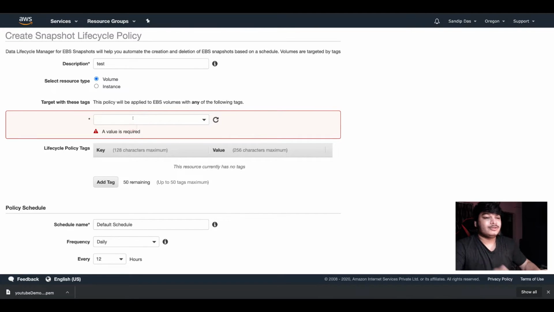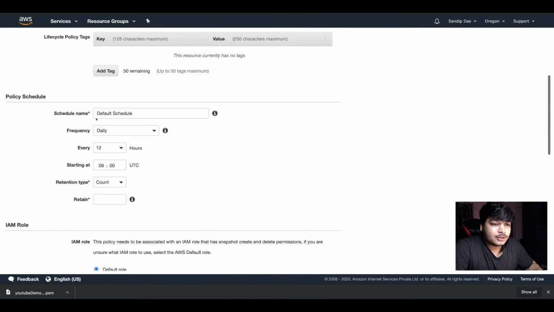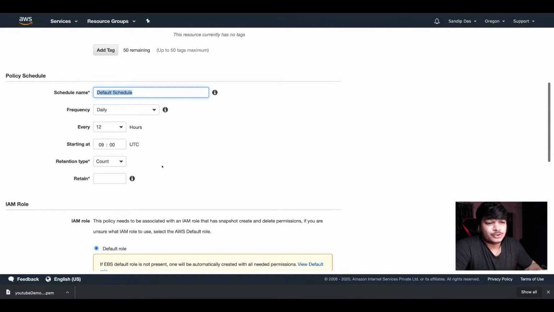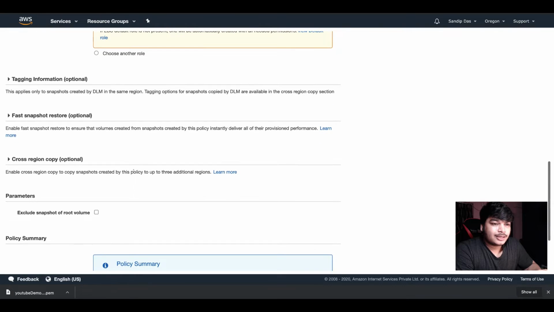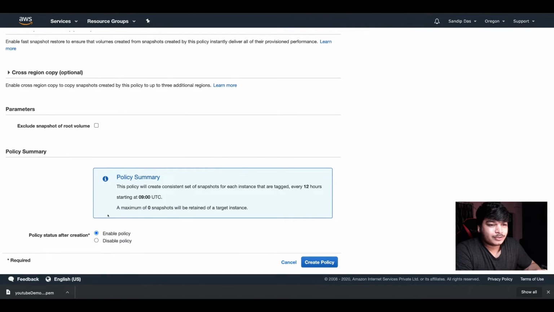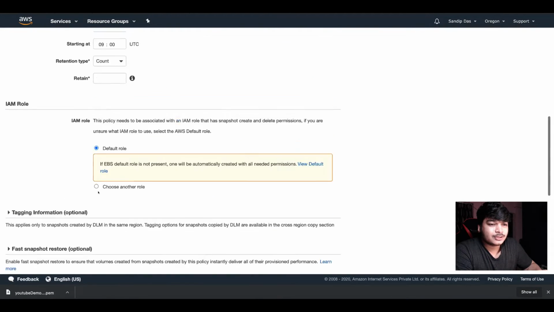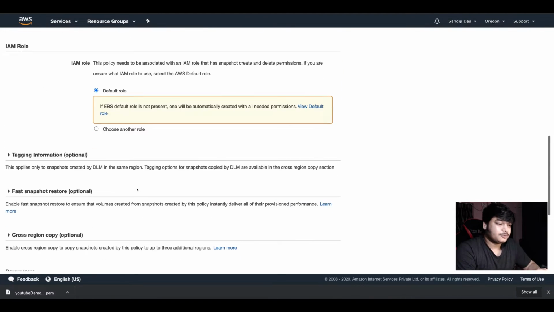It's up to you, but you can use the tag name or the instance. The policy applet is included with any following tags. Okay, now you have to set the schedule name, whatever name you want, and the frequency, like what schedule. It is like automated backup, which you want only sometimes. Otherwise, it's not required. And you can add more policies here. It's up to your use cases.